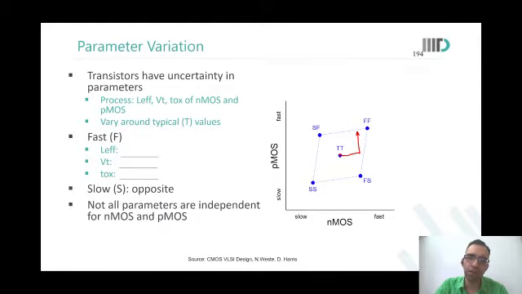So both NMOS and PMOS became a little faster. Then we say that the oxide thickness was also grown for a slightly lesser time. So again, both NMOS and PMOS became faster, and we essentially moved from somewhere over here